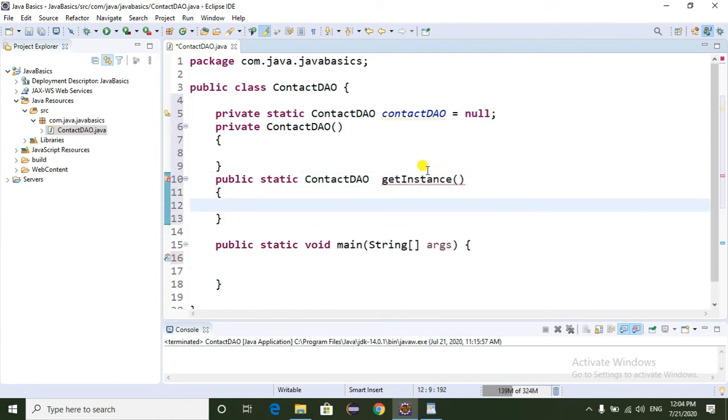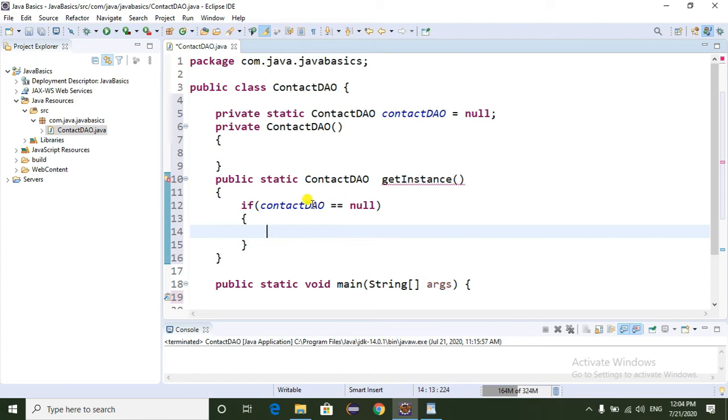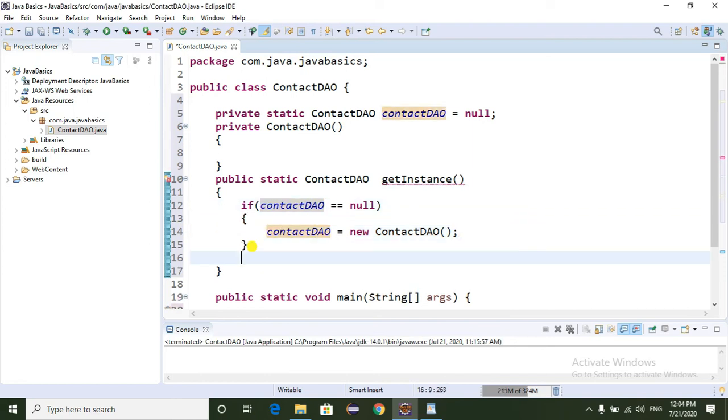In this factory method, first we need to test whether the contact object equals null. That means the first time it will check if it is null, and it will create a new object, new Contact, and return the same object.